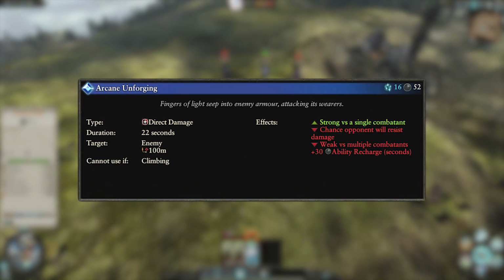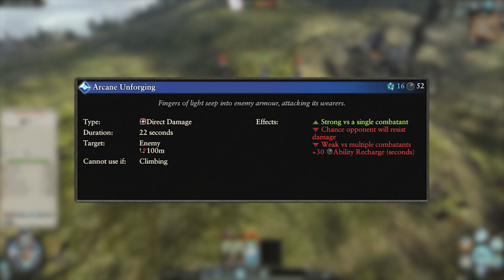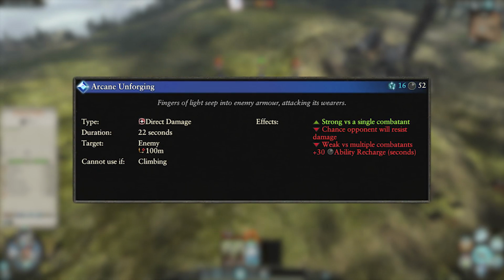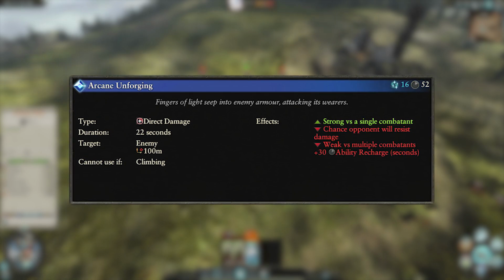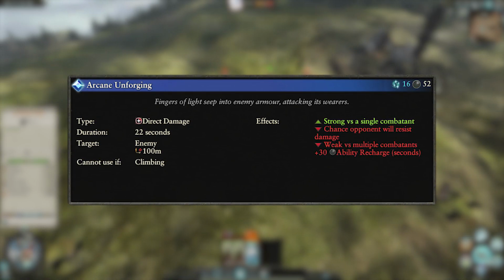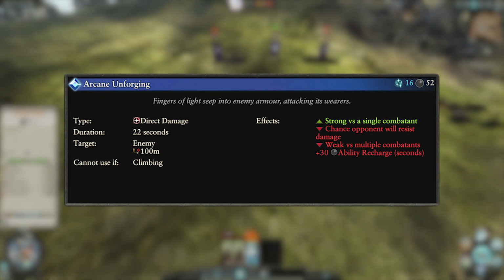This is a direct damage spell, costs 16 winds of magic and has a 52-second cooldown. It can only be targeted directly on enemy units and has a 100 meter cast range. The damage is strong versus single combatants and weak versus multiple, as there is a chance that the target will resist damage. It also adds 30 seconds to the ability recharge of the target unit, and the damage lasts for